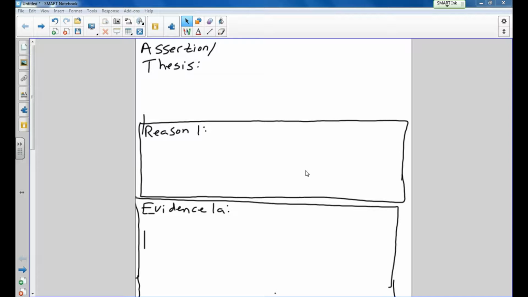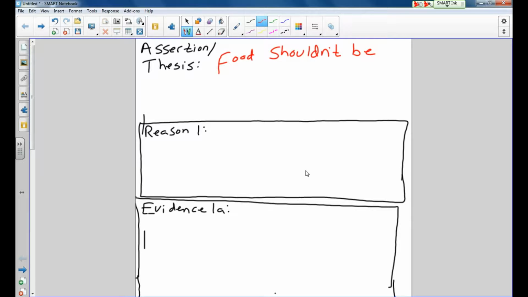Since the majority of our classes said that food shouldn't be changed, that's what I'm going to form for my thesis. Remember, the thesis is what the entire paper is going to be about. So my thesis is food shouldn't be changed because